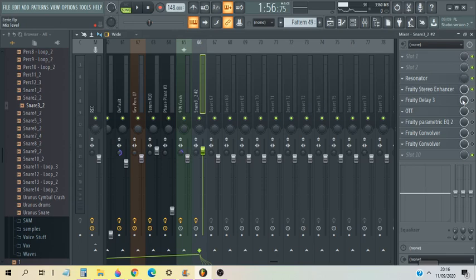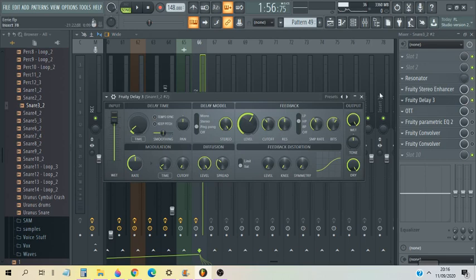But the reason why I'm doing that is because I want to also have a reverb that's very spread out. So basically the initial hit is all in the middle, and then the reverb is all around you, and none in the middle. Anyway, then there's Fruity Delay 3. This is the main thing that's making this sound the way it does.